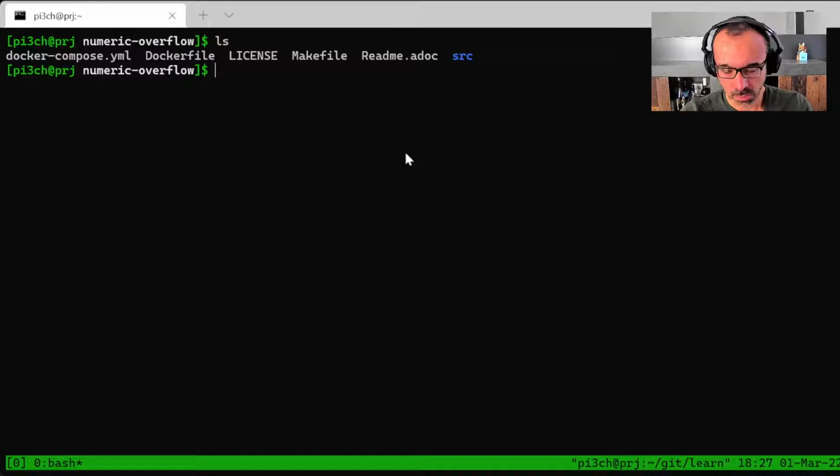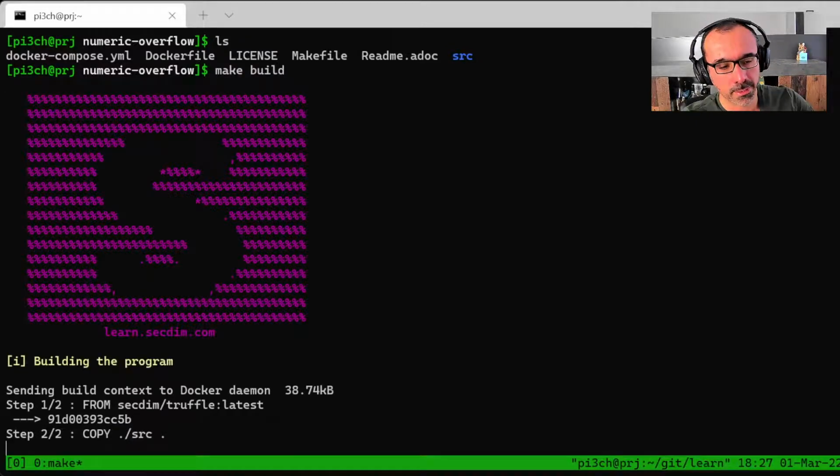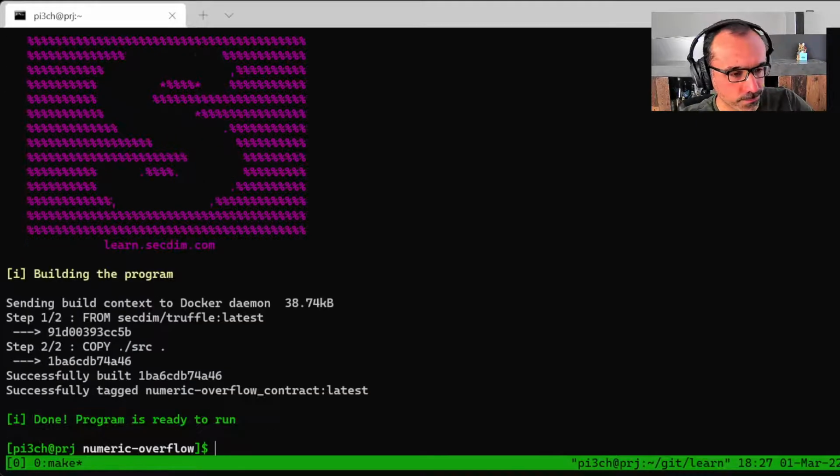To do that, similar to the conventions in our other labs, you hit make build. This will build the contract code for us. If you see this sign, the program is ready to run, that means it's already compiled and your Docker image is available.